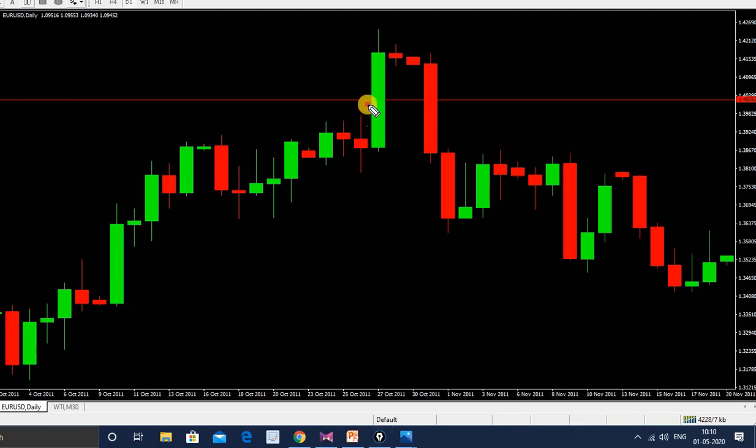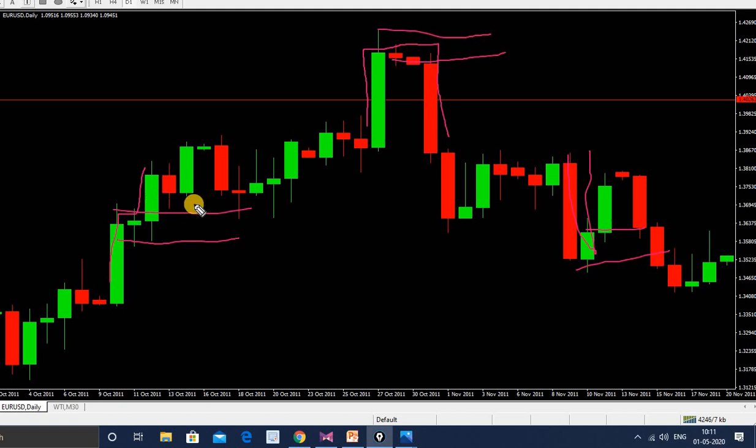See, this one is rally, base, drop. So this is our supply zone. Okay, then we have drop, base, rally. So over here you'll have your demand zone. Okay, this is a V, valley. So this one is your rally, base, rally. So there will be a demand zone over here like this. You can draw. See, the demand zone, it just touched it and it made a move